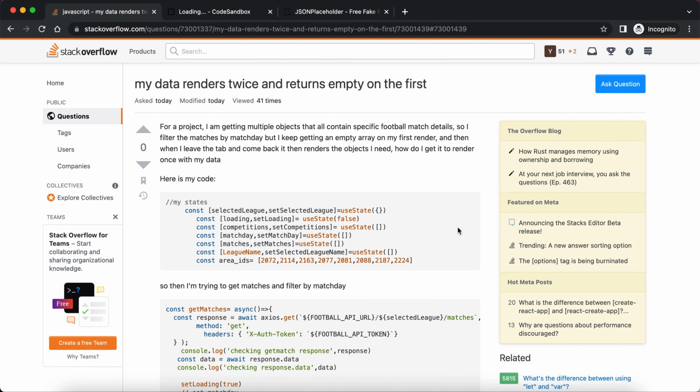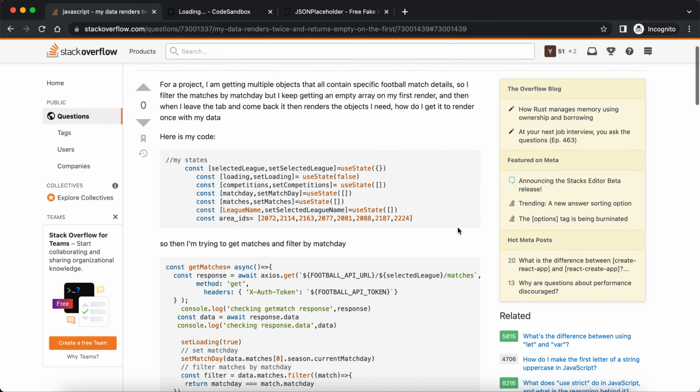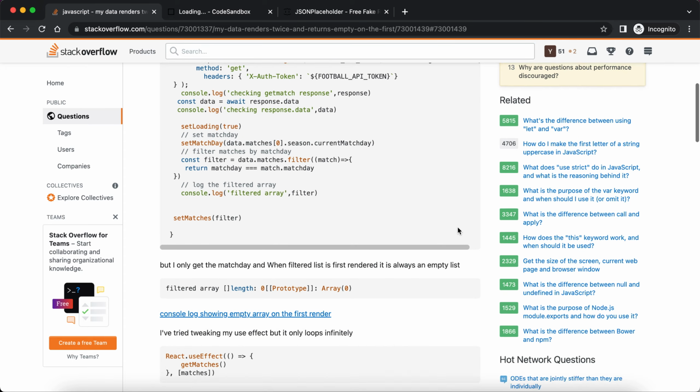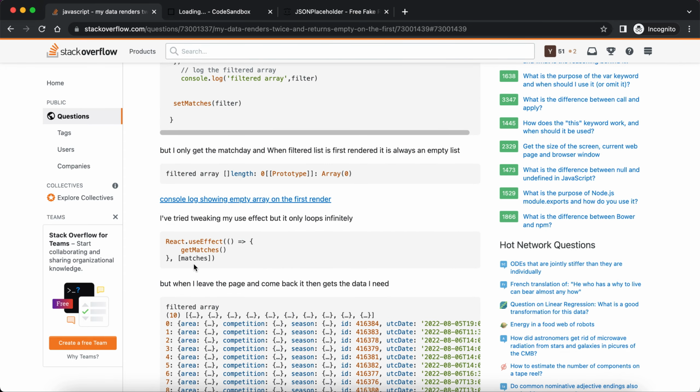Last time, our last video was about solving a useEffect problem. I'm gonna link the video down in the description, and also you can see the pop-up on the top right corner of your screen, so you can check out that video. Basically, I am returning to that video because I thought the problem was here in the useEffect